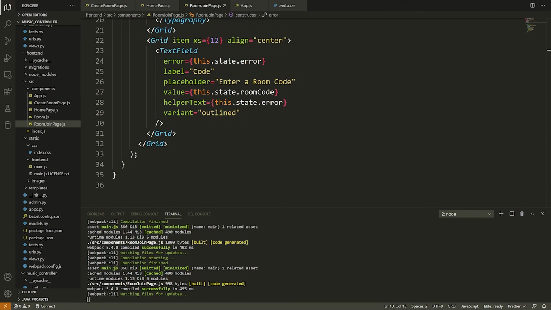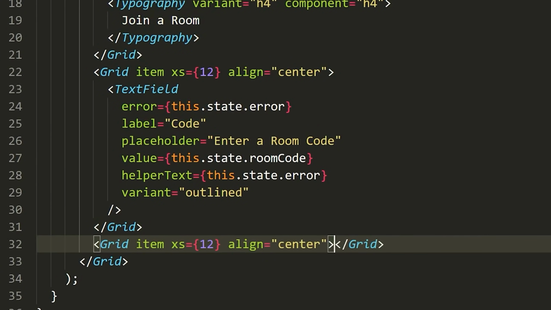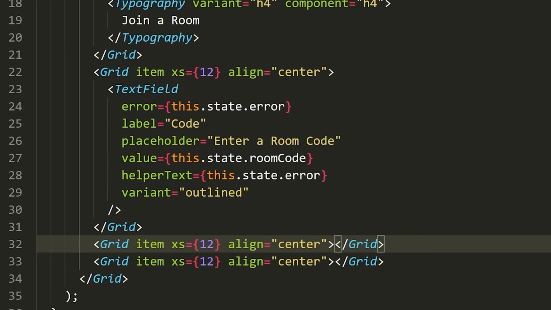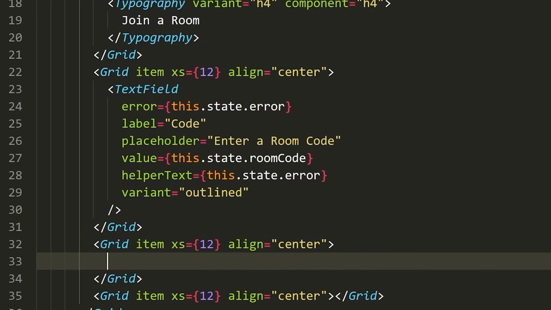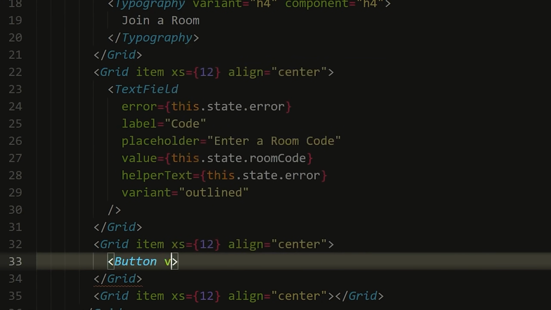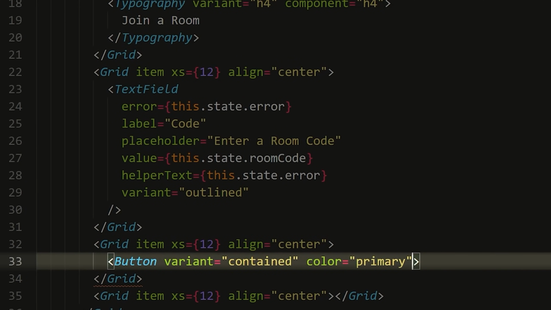I guess all we really need right now actually is the 2 different buttons. So now let's make 2 more grid items. So we'll copy that. And while we're at it, let's just copy it one more time. Now inside of here, we'll add our first button. So the first button I want, we can define with Button like that. We can say that the variant for this one is going to be equal to contained. I think we used this previously. We'll say the color is going to be equal to primary.